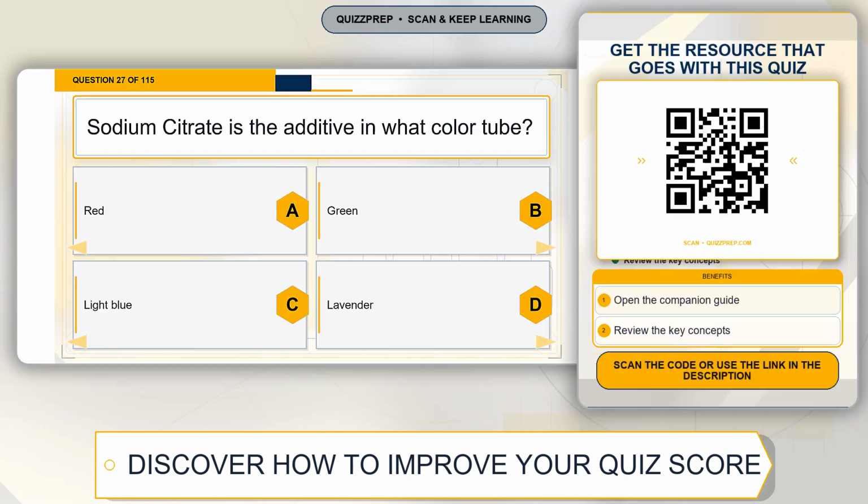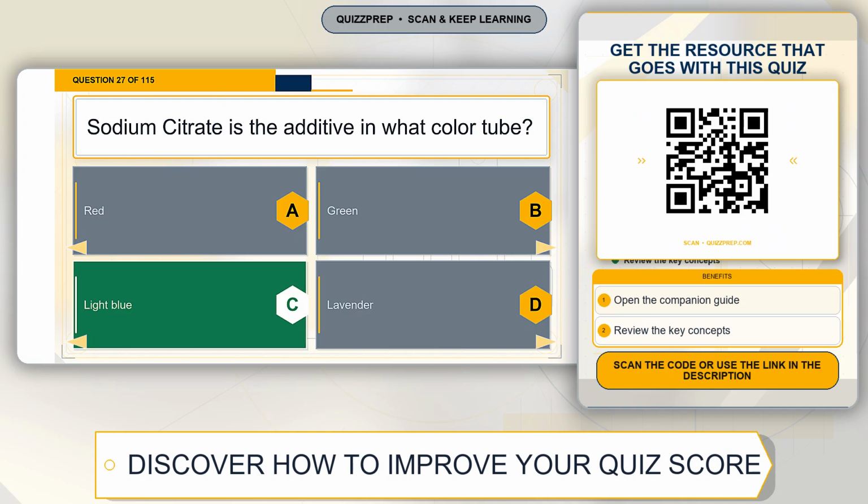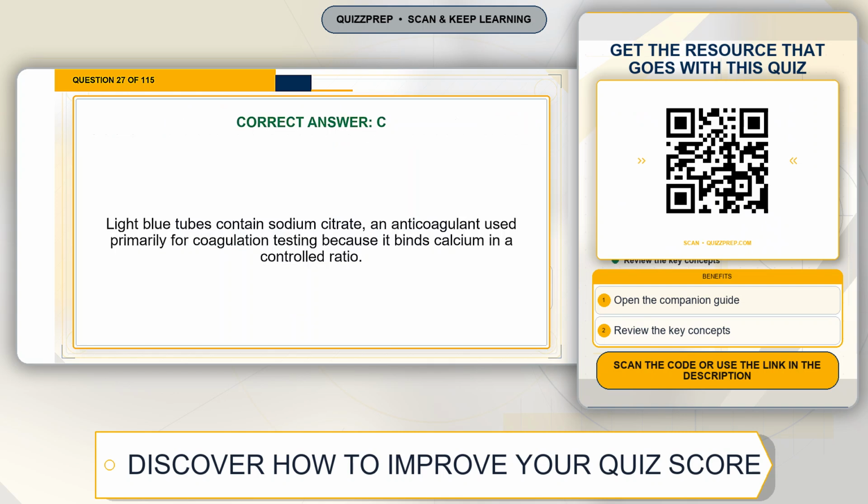the course. Question 27. Sodium citrate is the additive in what color tube? Option A, red. Option B, green. Option C, light blue. Option D, lavender. The correct answer is option C, light blue. Explanation. Light blue tubes contain sodium citrate, an anticoagulant used primarily for coagulation testing because it binds calcium in a